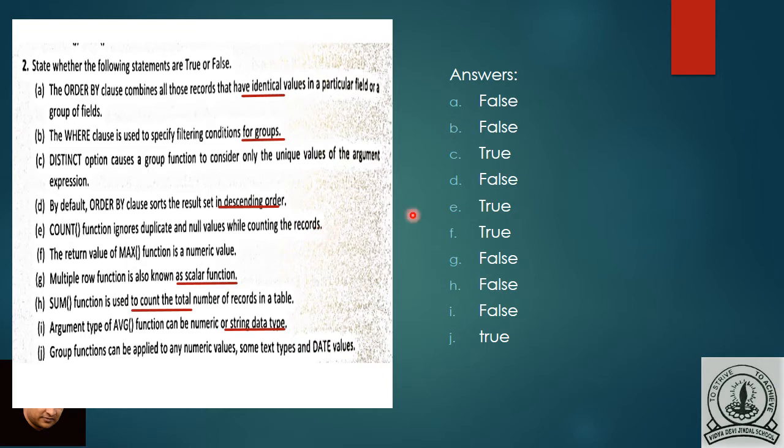Now the count function ignores duplicate and null values while counting the records. It is true. Now you can say, in previous slide we saw count asterisk function, it includes duplicate and null values, but here actually this is not count asterisk, this is count and blank.